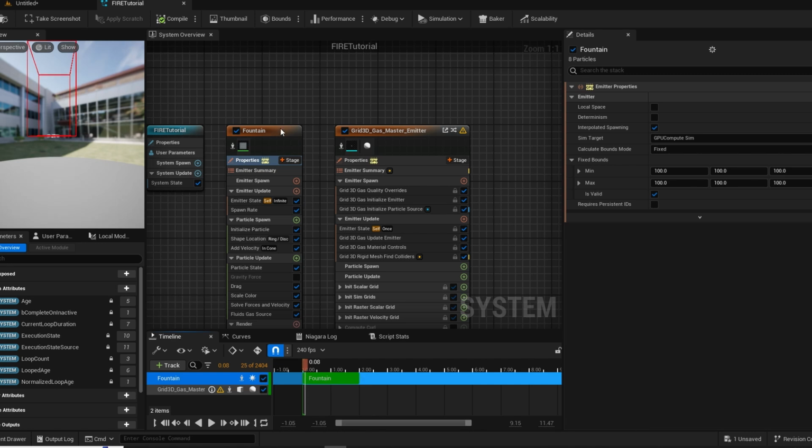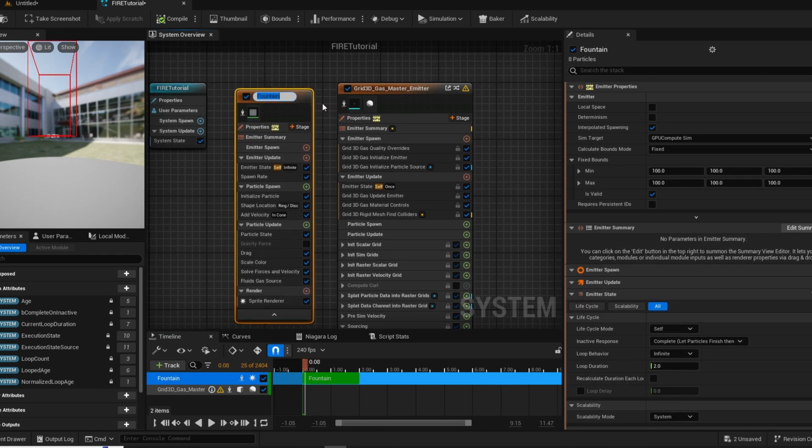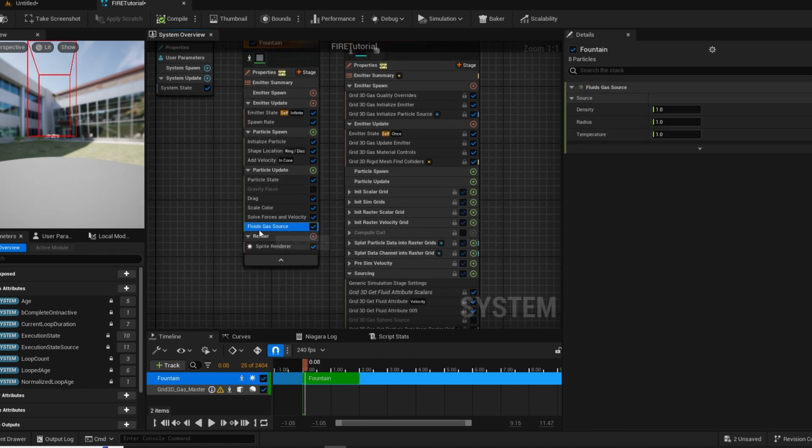So the next thing we can do is, if we move down to our fluids gas source, we can now change our density, our radius, and our temperature. The temperature is the brightness. So if we move to a frame like this and we change this to 0.4, we remove some of that brightness, that fire effect. Radius and density have a similar impact, how tall or big and broad the flames and smoke are. It's the same for this one. Let's do this one to 2, and put this one to